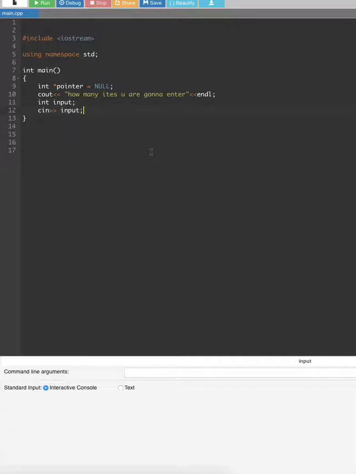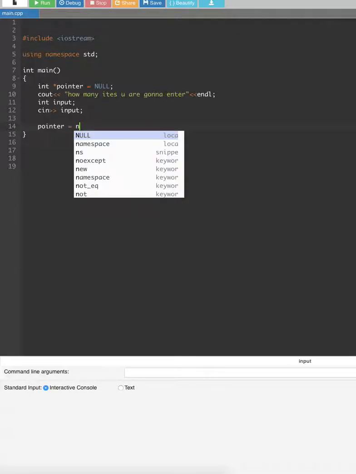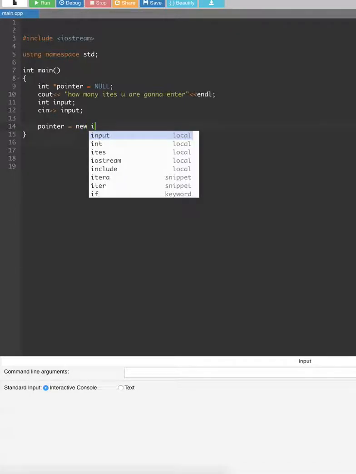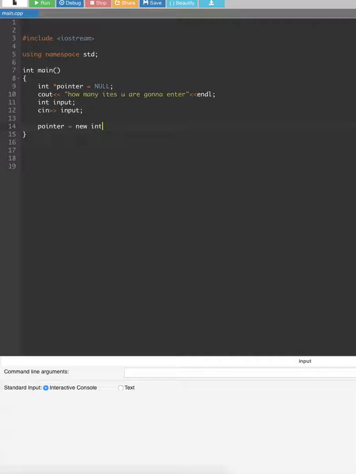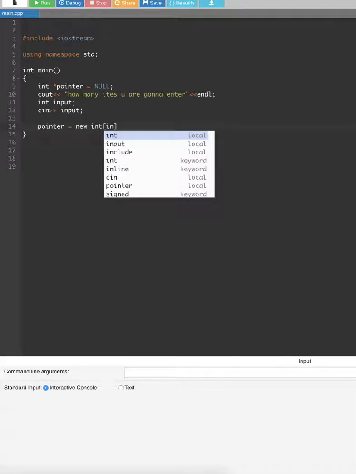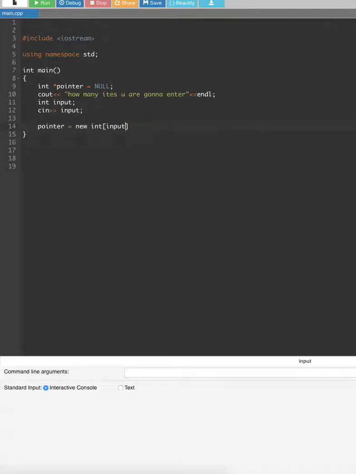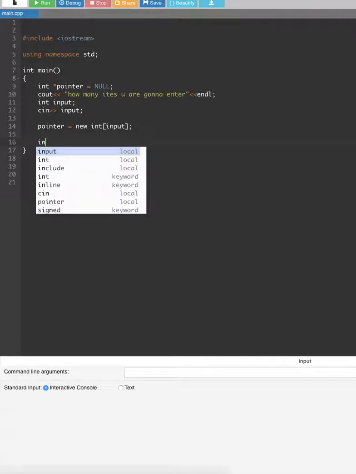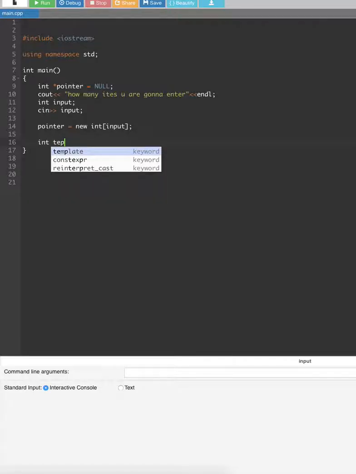And after that we take a pointer to allocate the memory. So pointer is equal to new integer input, semicolon. After that we are going to create a temporary variable, so we are going to put integer temp,